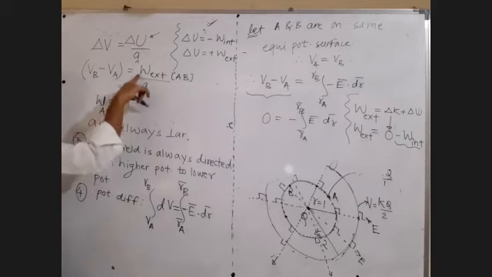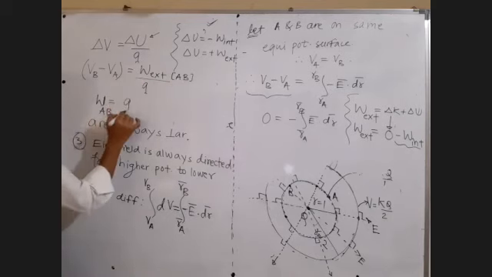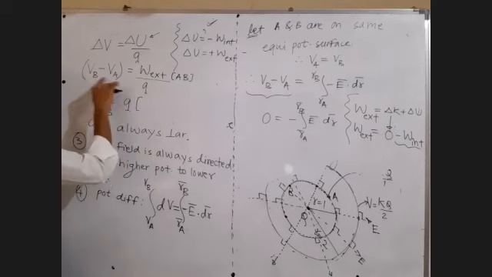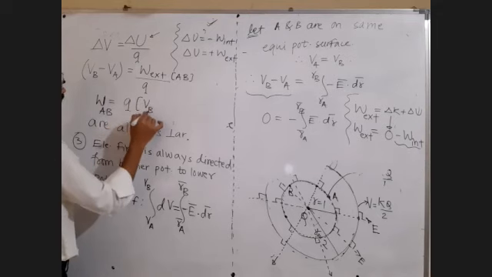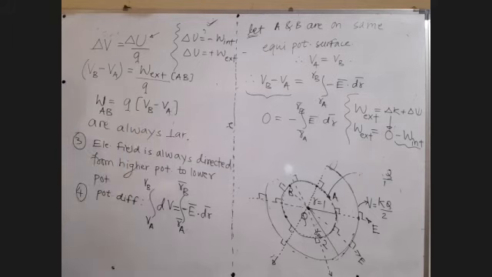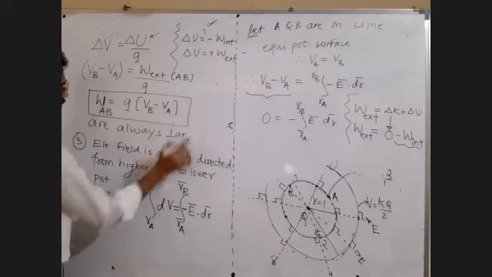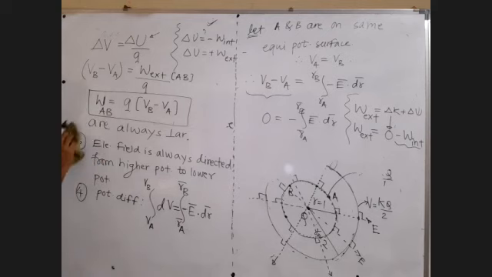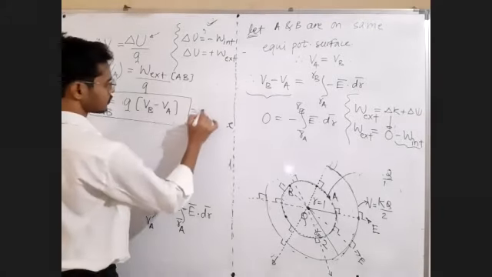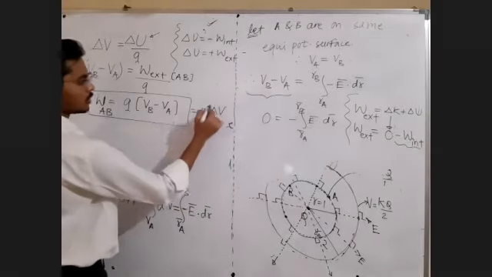So work done in moving a charge from point A to B is equal to what? The charge to be moved multiplied by potential difference. How to find the difference? Of course, final minus initial. So this is going to be the formula for work done in moving a charge from point A to point B: Q into delta V, Q into change in potential. Work done W is equal to Q delta V.